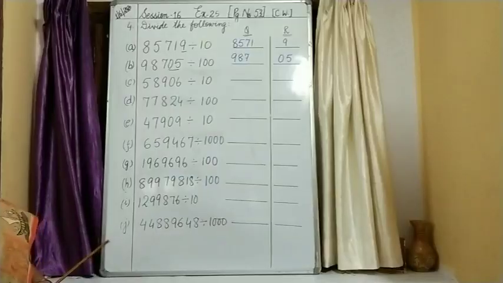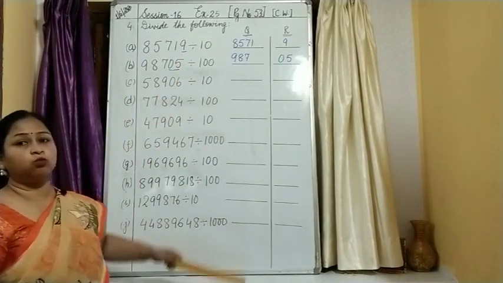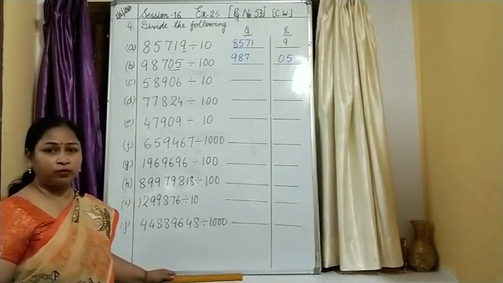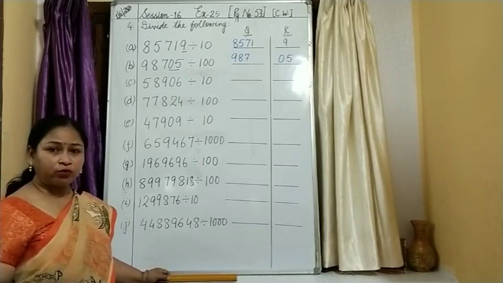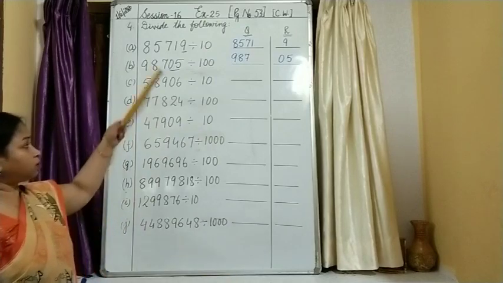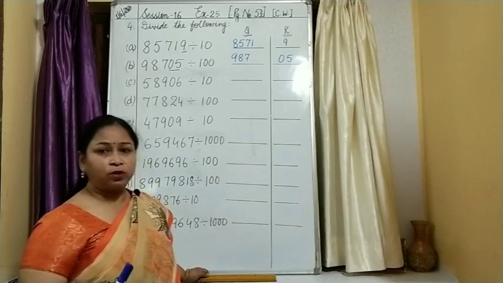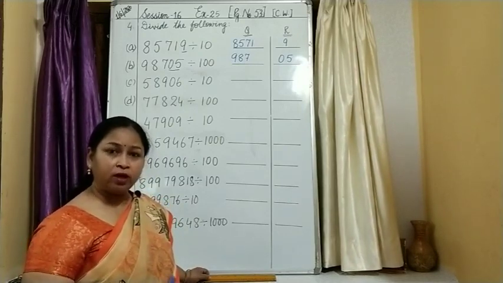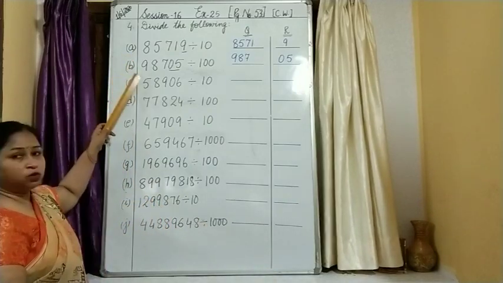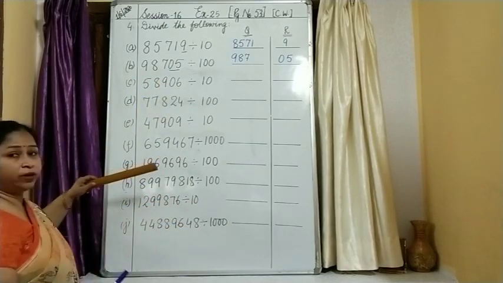Okay. Children, this is the question I was talking about. Exercise 2.5, we have completed all the questions. Question number 4 was left. So, the rules I have told you, we are going to apply those rules. You will be doing this question also in your book. Today's work, everything whatever I taught today, you have to complete it in your book. The first two questions I have done for you, and the rest we will be doing together.